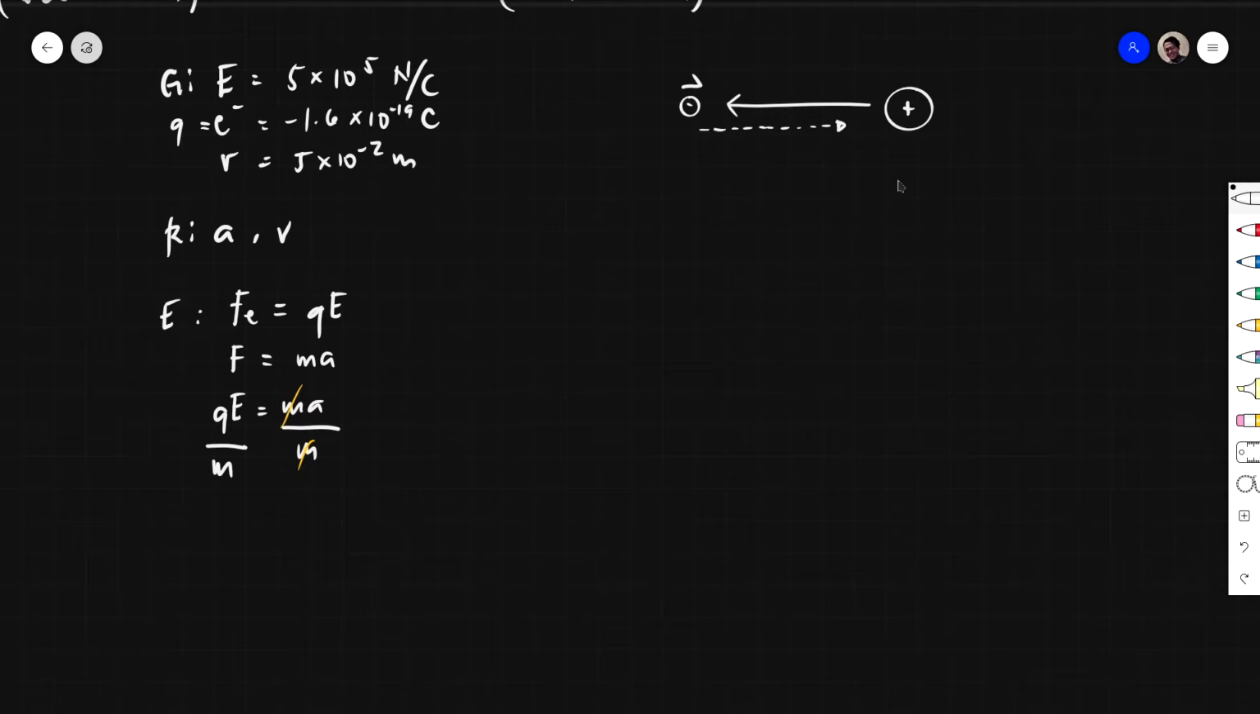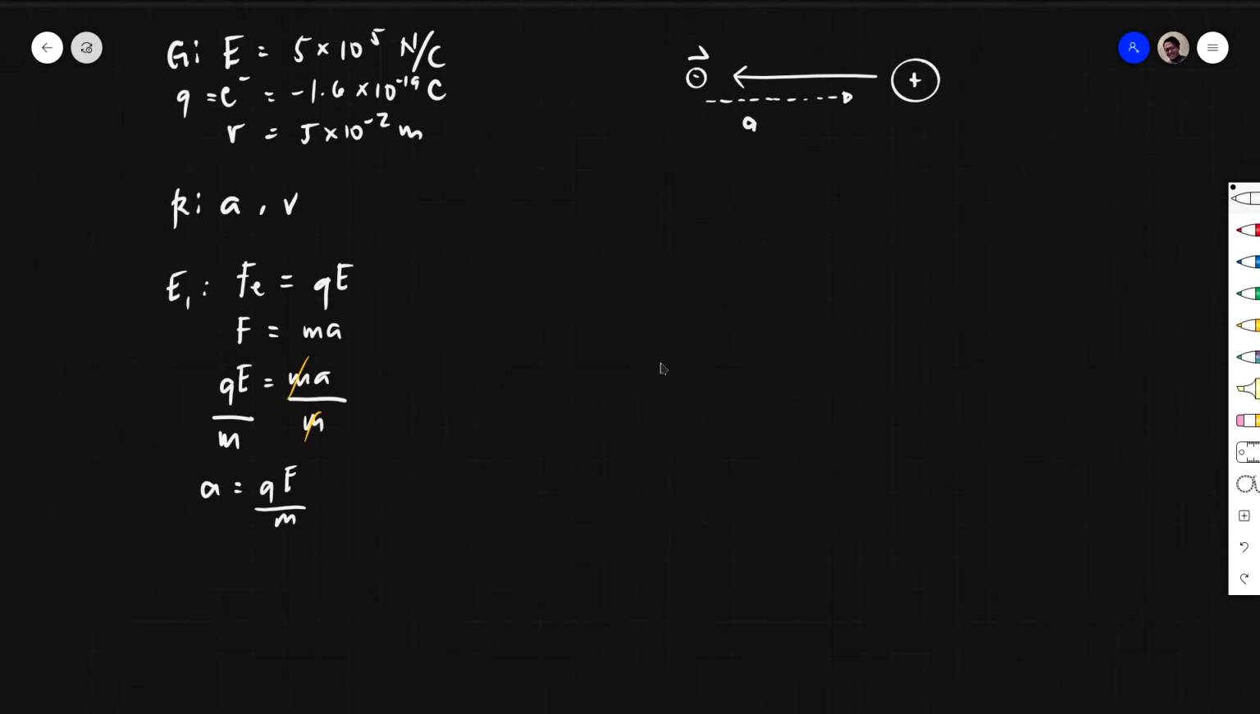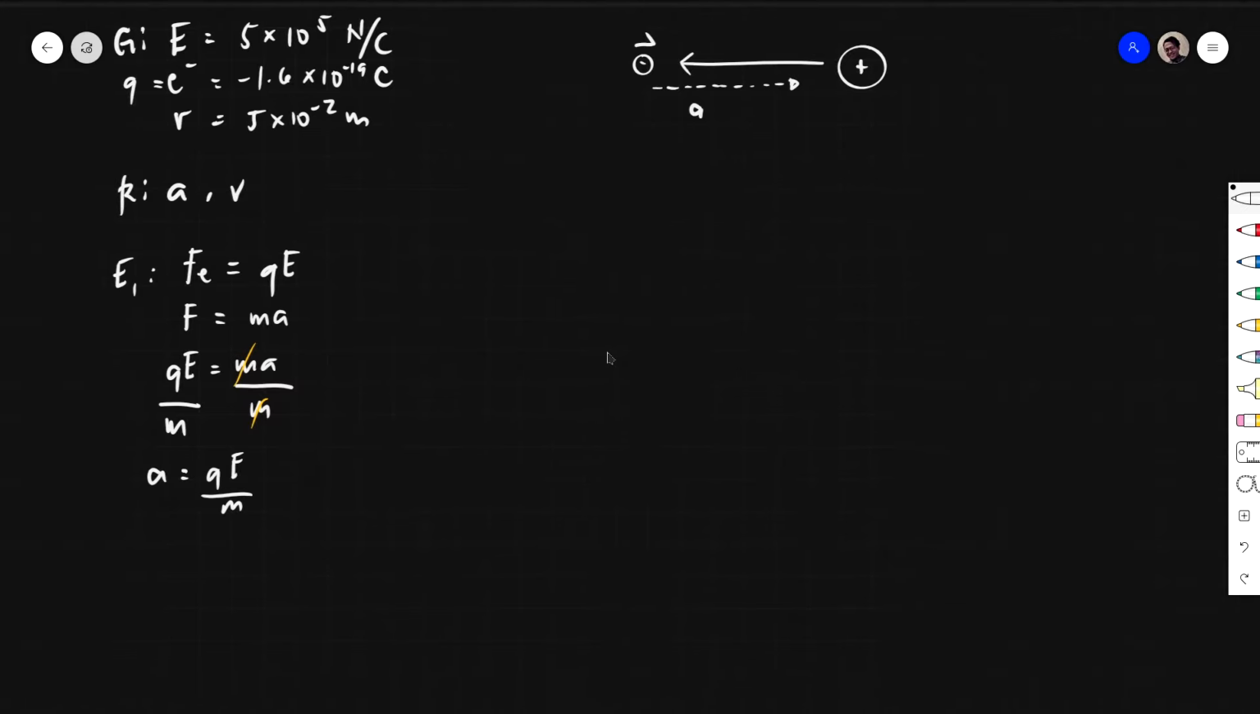So you're now left with our first equation, which is a equals qE over m. So this is our first equation, right? So we're going to look for a. Okay, so for our first solution, what's our q? Negative 1.6